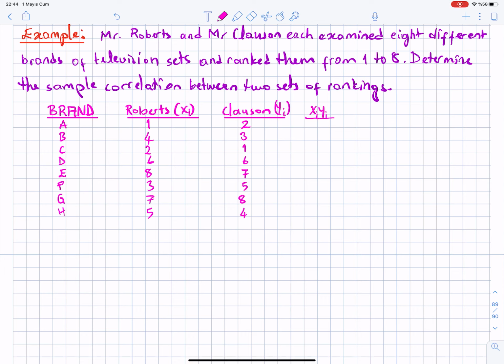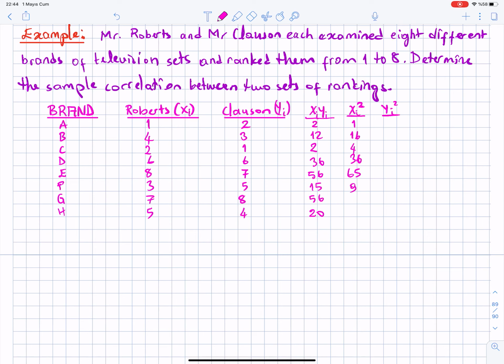You need xi squared and also yi squared. x and y: 1 times 2 becomes 2, 4 times 3 becomes 12, 2, 36, 56, 15, 56, and 20. And xi squared: 1, 16, 4, 36,